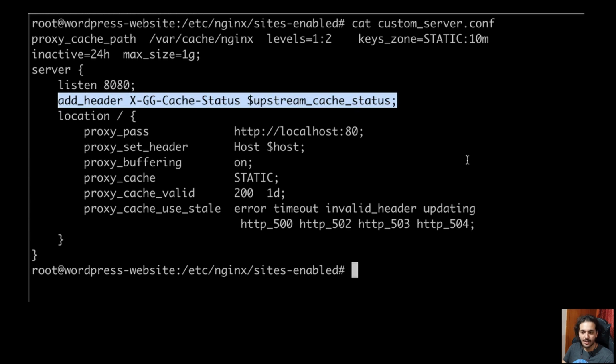X-Cache-Status. And if this doesn't have the cache which it requires, it is going to make a call to the Apache server. And that's when you will see that it is actually a cache miss. That's what we're going to see now. There are a few other parameters like proxy pass and proxy set header and all that. You can read about these parameters on the Nginx site. I'm also going to link a couple of documentations in the description of this video, so do check them out.